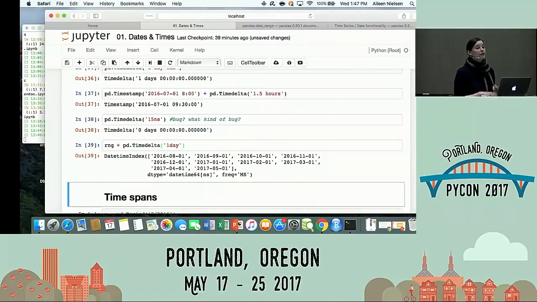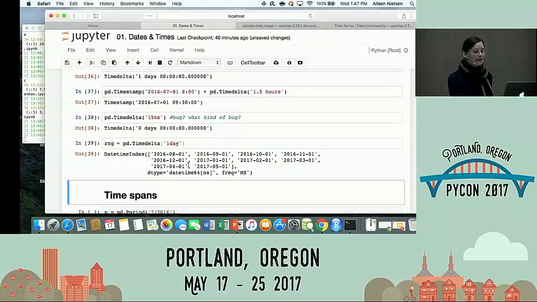No, because it's got a frequency, so that's something to keep in mind. The reason a time range is a time range is it's got a frequency. It's not just an arbitrary collection of timestamps. If you want an arbitrary collection, you can just generate your own. And now we get to our intervals.